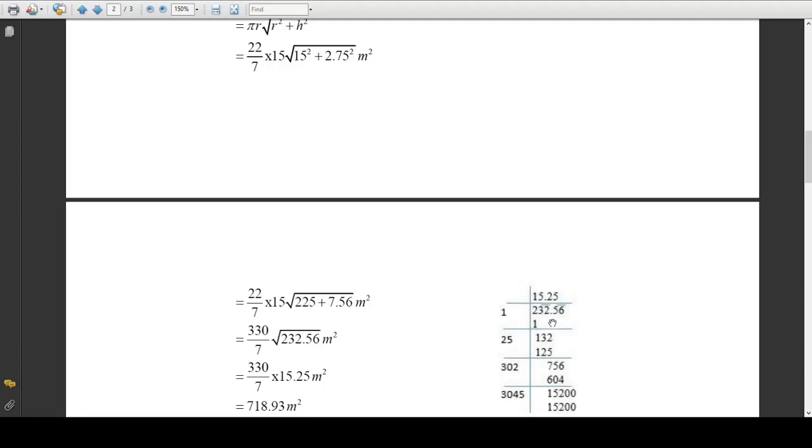2 is not in a pair, therefore what you'll do, you'll keep it as this. But now, on finding the square root, you go by the number which is equal to or less than 2. 1 square is 1, 2 square is 4, therefore we will go by 1. 1 times 1 is 1, the remainder is 1, and then you drop down